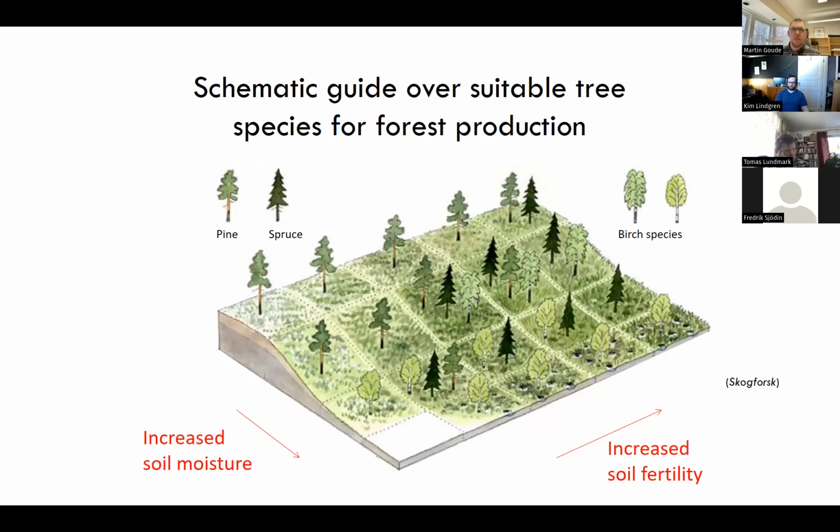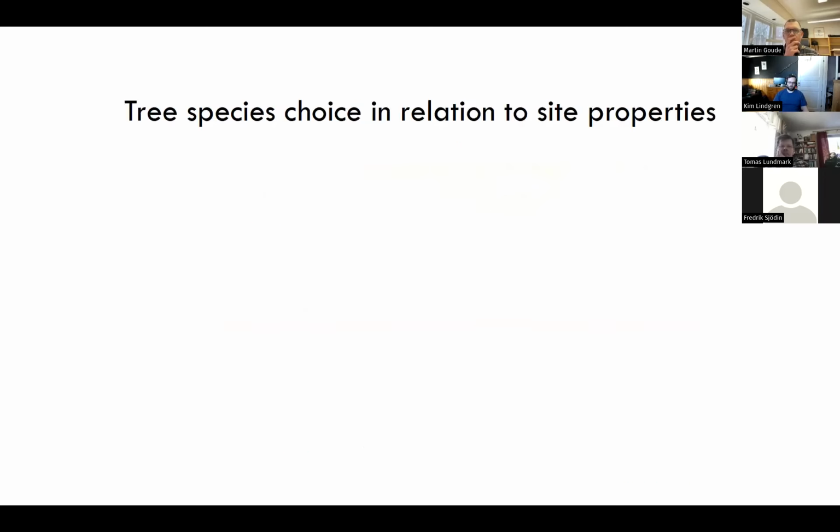Somewhere in between, you could also have mixtures of pine and spruce, and on very rich fertile sites like the ones in Skåne, you could establish broadleafs, for instance noble broadleafs. This seems probably obvious to most of you, but it's not what is actually reflected in current management practices. So if we look at the next slide,